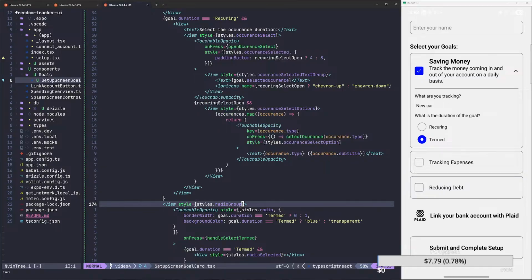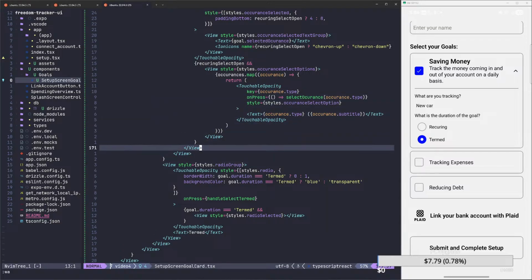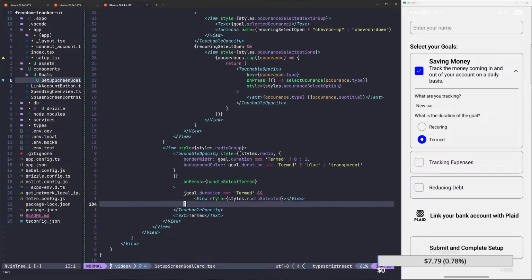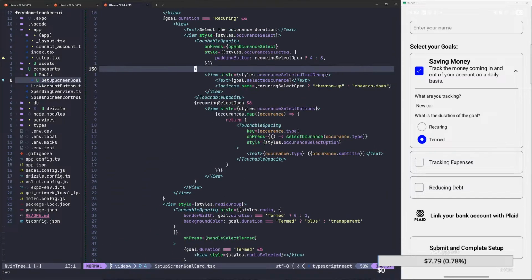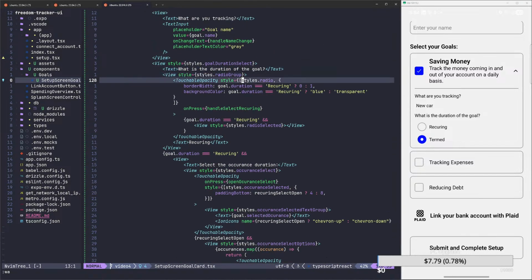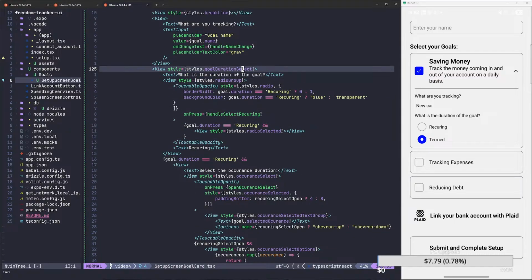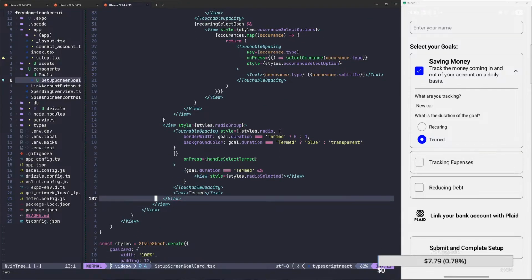So we have a radio button group. I probably shouldn't have called it radio button group, should have called it something else. But we have termed. And then I think below this, because I think we have it. Yeah, so we have the radio button group, and then outside of that, we have the duration select, but I think that's different. I think we want it inside of this, but outside the other one. So here's this one ending. I think we want to go like